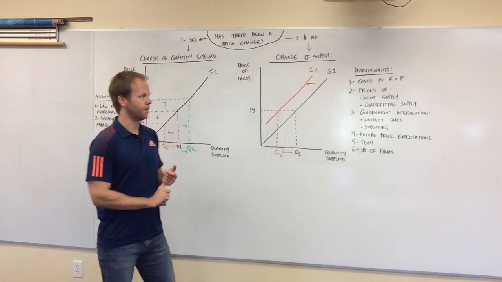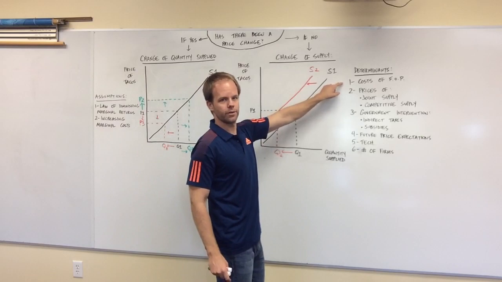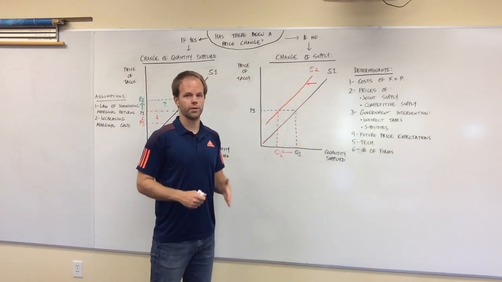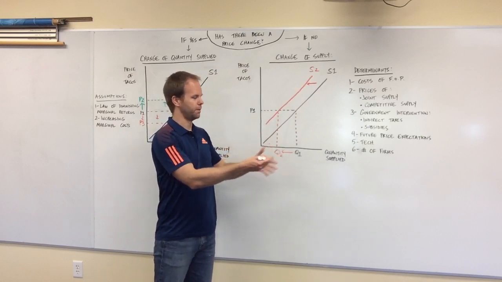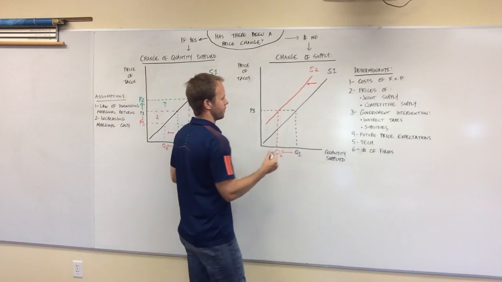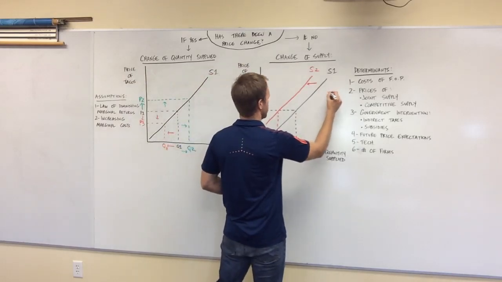Okay? So that's the biggest determinant, the cost of factors of production. If the costs go up, supply decreases. If their costs go down, businesses will be able to make more, right? So let's maybe work that out. So to show an increase of supply,